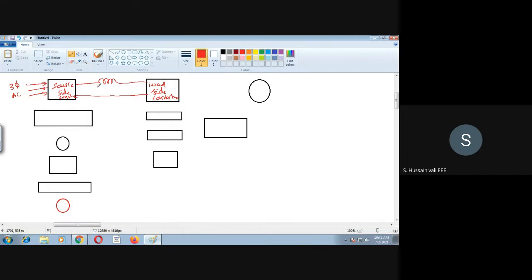Now the current flowing here is Id. Inductance value is Ld. Now this load side converter goes directly to the stator, or we cannot say stator here, we should say armature. It goes to the armature of the synchronous motor. So this is your synchronous motor. Okay, and yes, this is the power circuit.